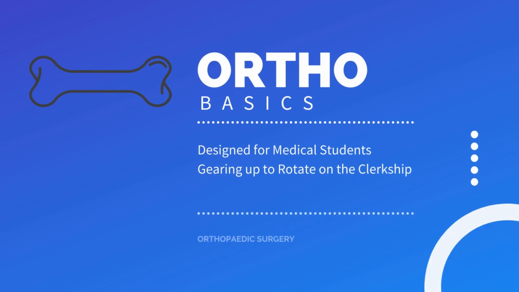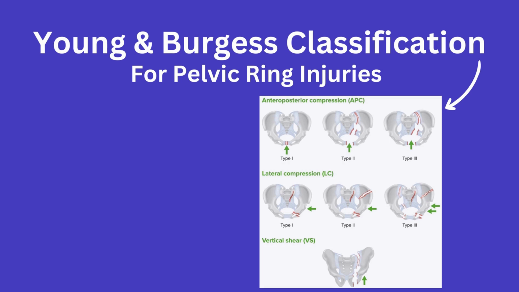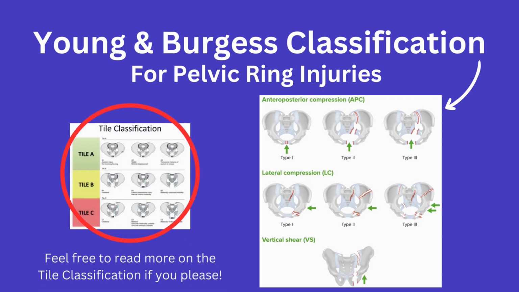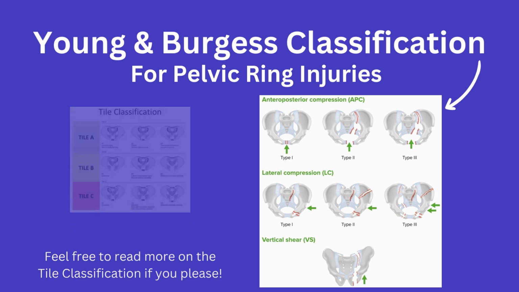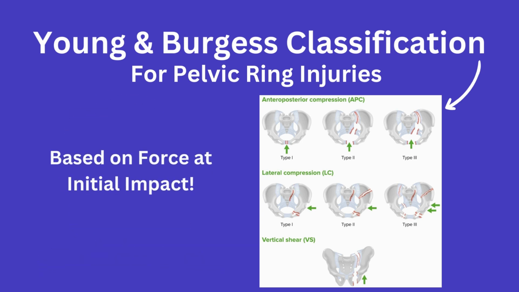In this video, we will go over the Young and Burgess classification for pelvic ring injuries. This classification is a modification built upon the Tile classification and is based on the force at initial impact. The types can serve as an indicator of the severity of the injury, especially as it relates to surrounding soft tissue structures. The Young and Burgess classification proves to be helpful in the acute setting as well as in the